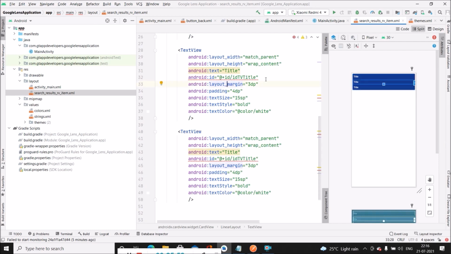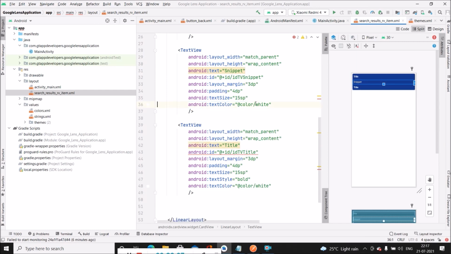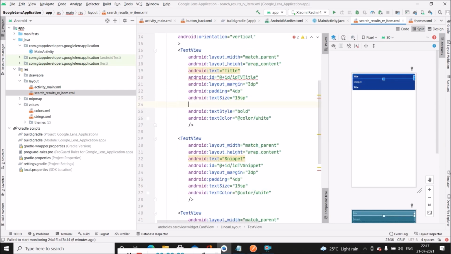Now instead of title, we will change the ID as well as the text. And here also we will add the font.